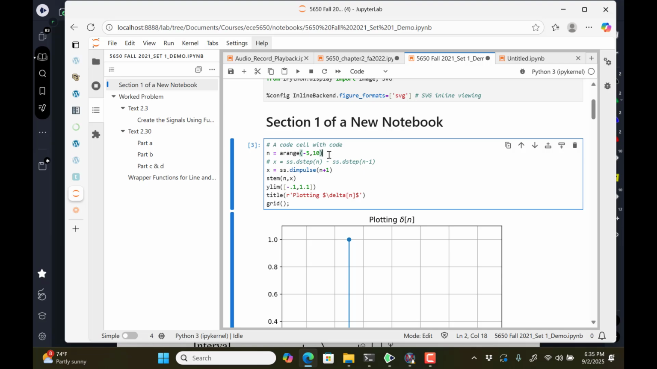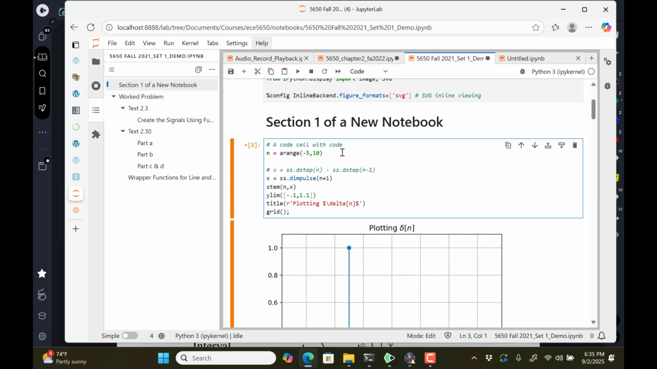Now, based on something I told you a little while ago before the break, I said we have another kind of nice function in here, so let's just create st for step and say it is ss.dstep n, oops,